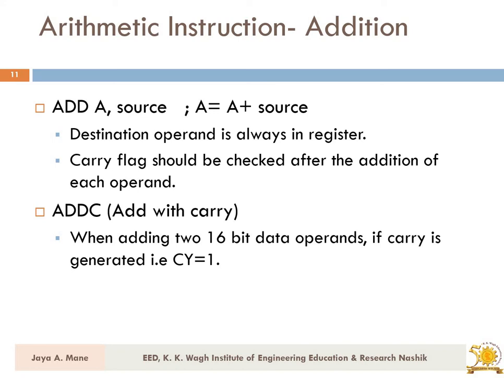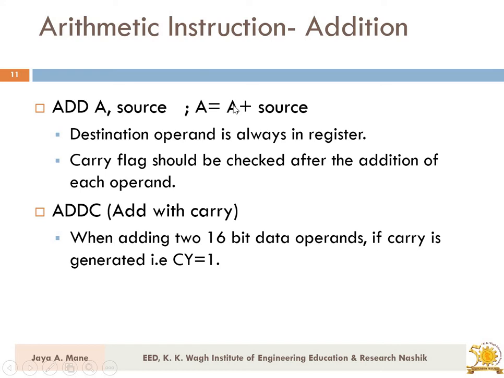When you have ADD, you provide the source and the destination register, so you can provide the two numbers among which you want to perform the addition. Like if I have written ADD A, source, that means whichever register you provide as the source, it can be A, it can be R0 to R7, or it can be any other memory location from the RAM or the ROM memory. From that you get the value, and the second number is in the accumulator. After addition, the result gets saved into the destination register, that means in the accumulator.